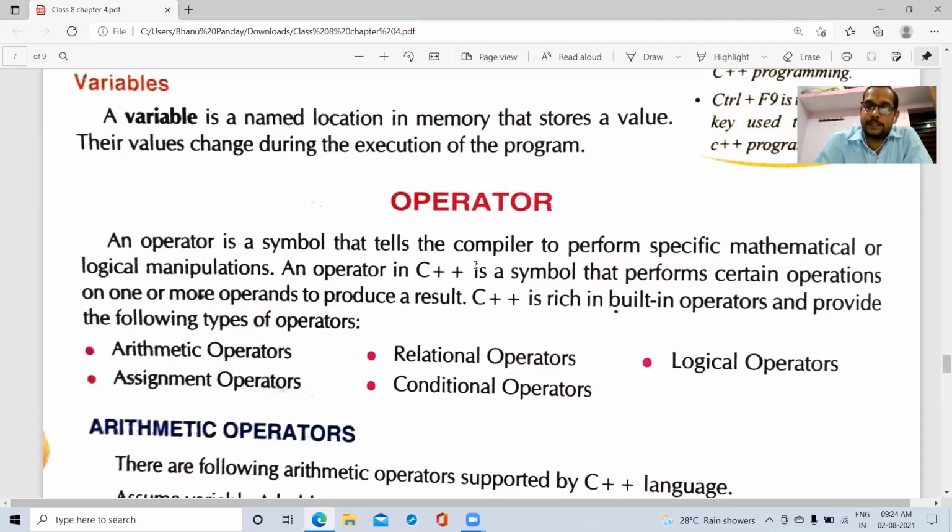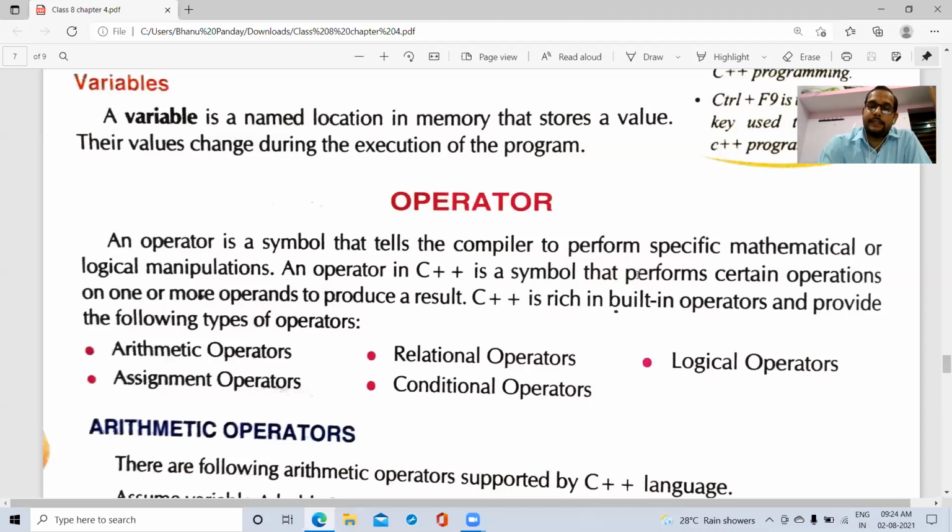Operators are symbols like plus operator, minus operator, multiply, divide, less than, greater than, less than equals to, greater than equals to, like this. So many operators we have. Operators always tell the compiler to perform specific operations, either mathematical operations or logical operations.